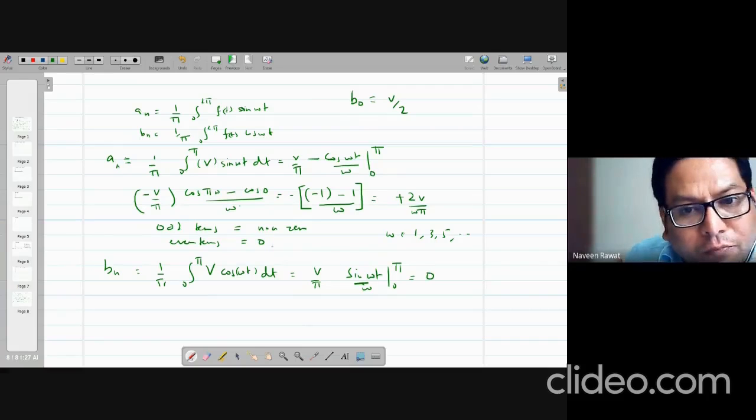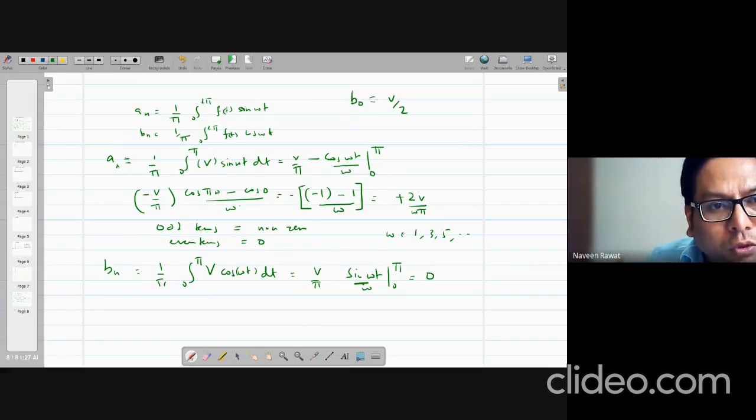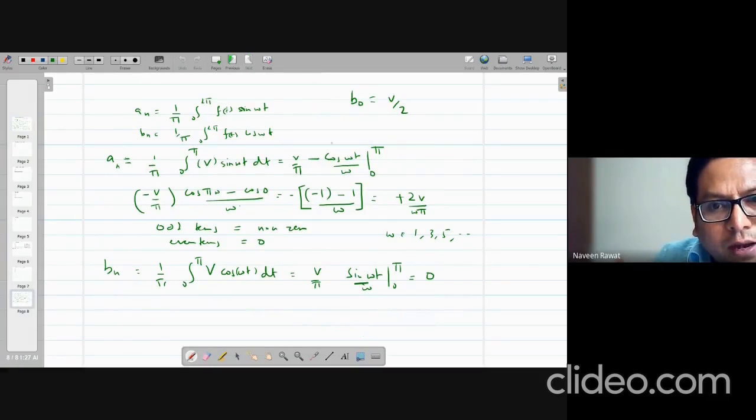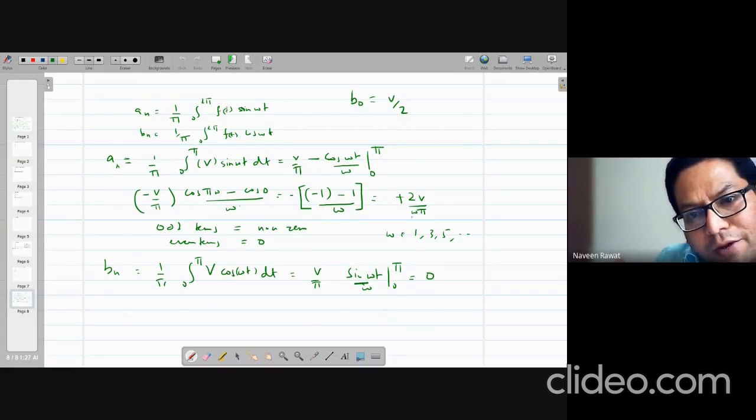So basically, using the Fourier series and looking at what we want to generate, we have found that there is an initial coefficient value at time t equal to 0, and that value is v by 2. And you should have all these an terms. The term should be 2v divided by n pi, where n is 1, 3, 5, 7 and so on, and these are the terms.